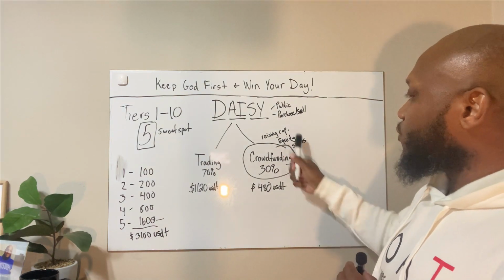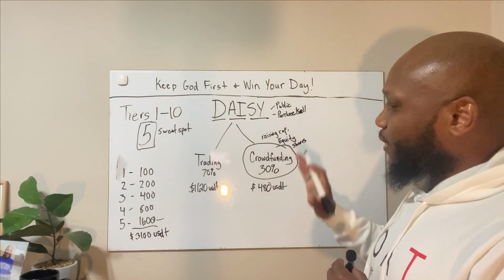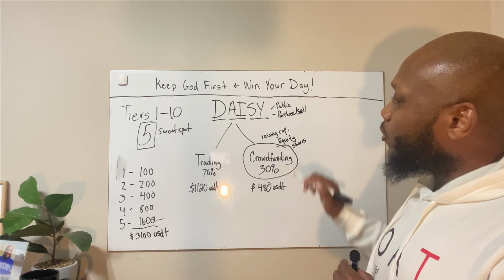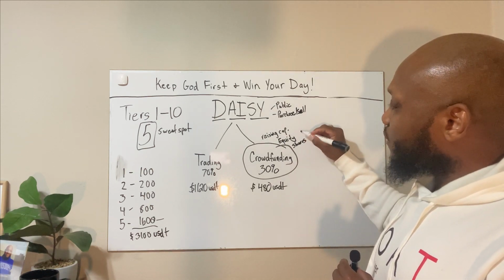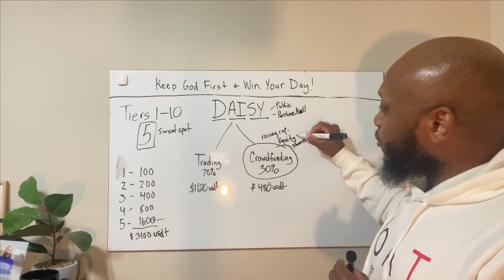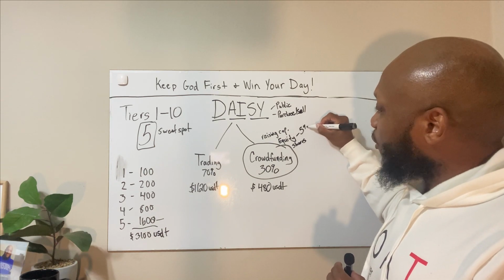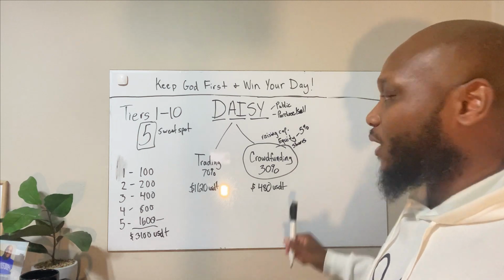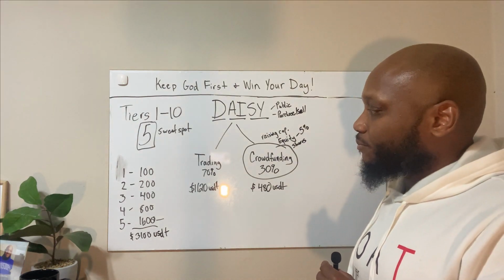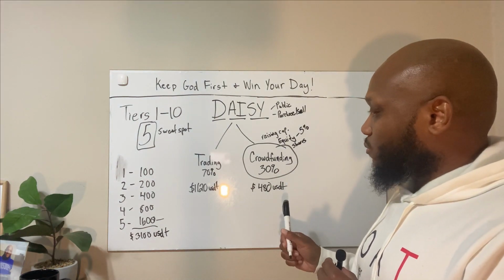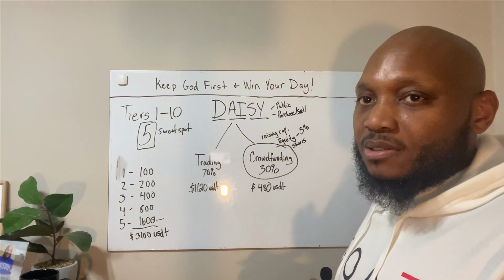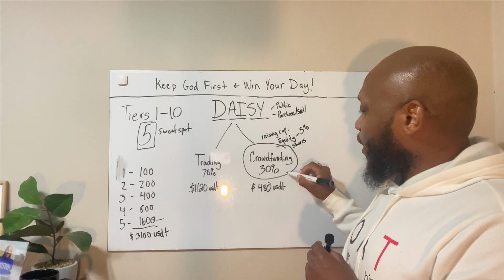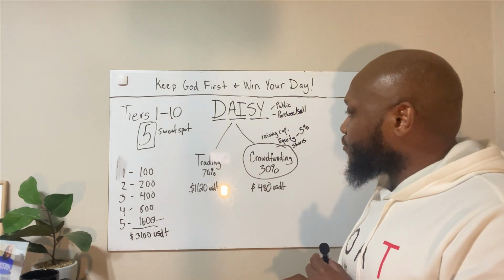So I'm not going to dig into what all these terminologies mean. I want to try to keep this as basic and clean as possible. Now, what Daisy said in regards to this equity is that they're going to put 5% away for its members. Okay, 5% away for its members. So now, what does this mean, Marcus? It's a lot of stuff up here. How does this part work?